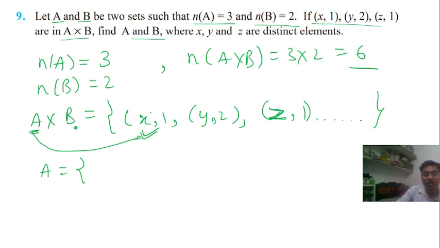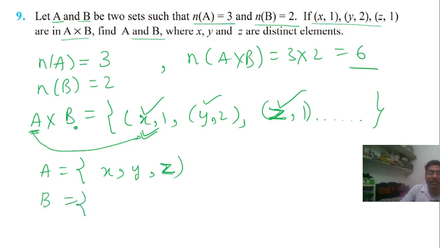Okay, so the first element is X, and from the second the first element is Y, and the first element in the third part is Z. So we get the set A here,